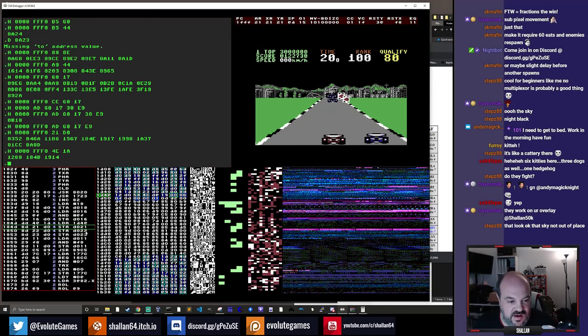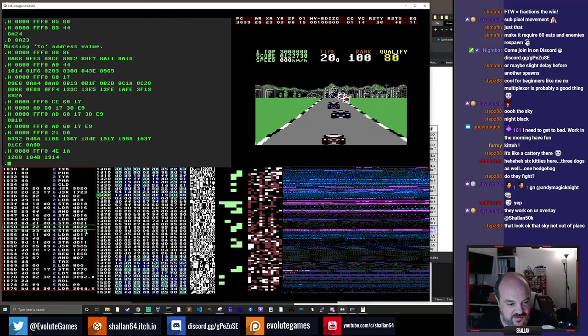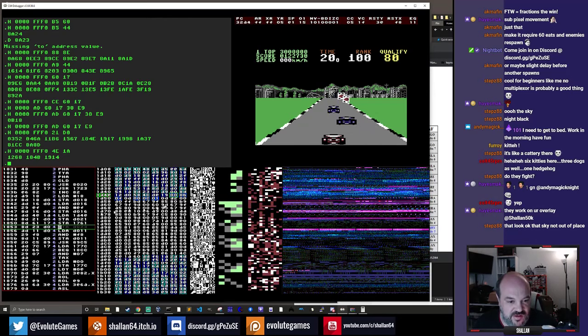So I'm going to change these values, and make the sky probably go a little bit mental now. But what I'm going to do in its place is create a top speed that's going to be valid. Actually, 184E. So if I make the sky red and don't store it in this value here, D022, I'm going to change this to that. So now we're storing it in the upper value, and now if I change this to red,